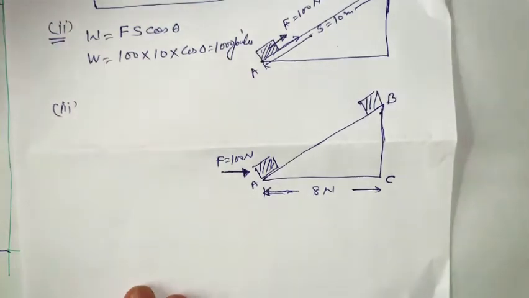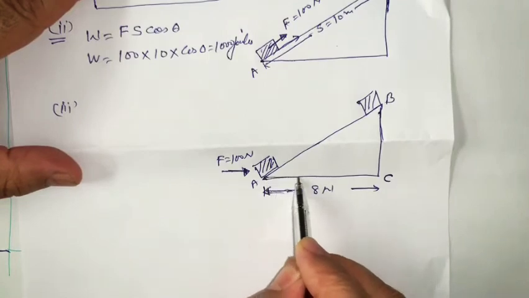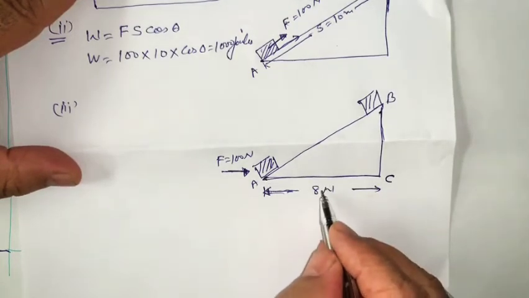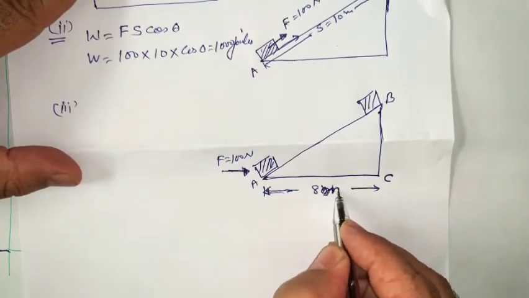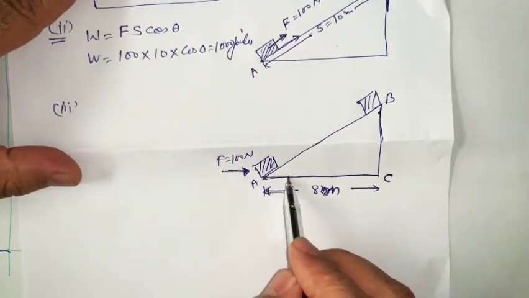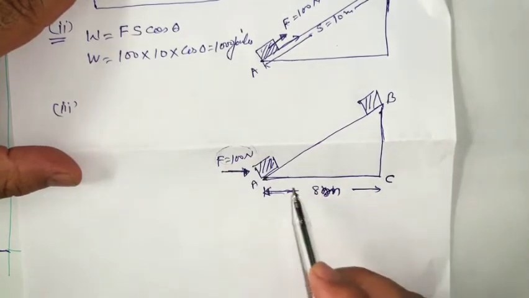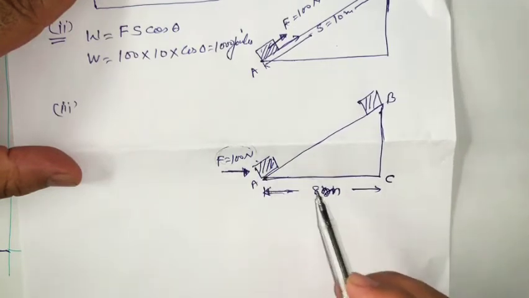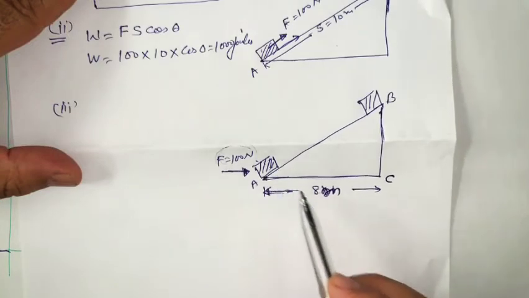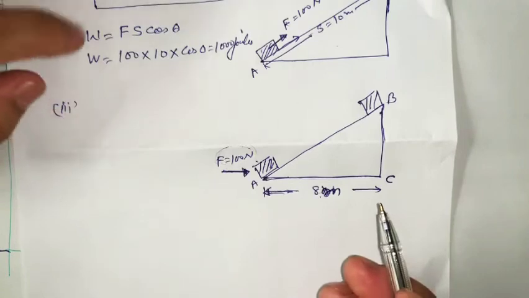Very clear. If I solve it without, the numerical becomes absolutely clear. Displacement how much? Sorry, this is equal to 8 meter. How much work is done? Work is equal to force 100, S 8, angle between F and S, because this force is acting in this direction, 0. Again work is equal to same.